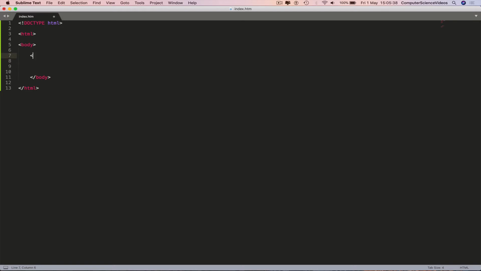Bring in a heading, JavaScript tutorial, go to a new line, insert a paragraph, less than p, id equals demo, and now insert something that will be visible on screen. So we can say JavaScript can change content. And with the p tags,